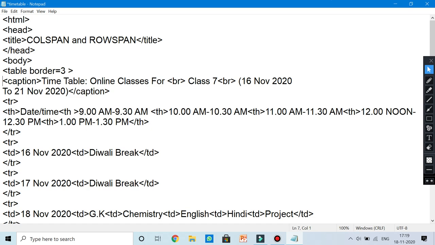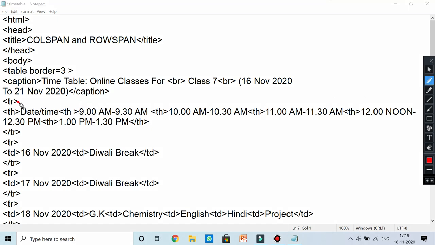Now as you observe here, this is the first row which is having these details. With the help of TH, you have filled the time of this row, and this is the second row, and this is the third row.